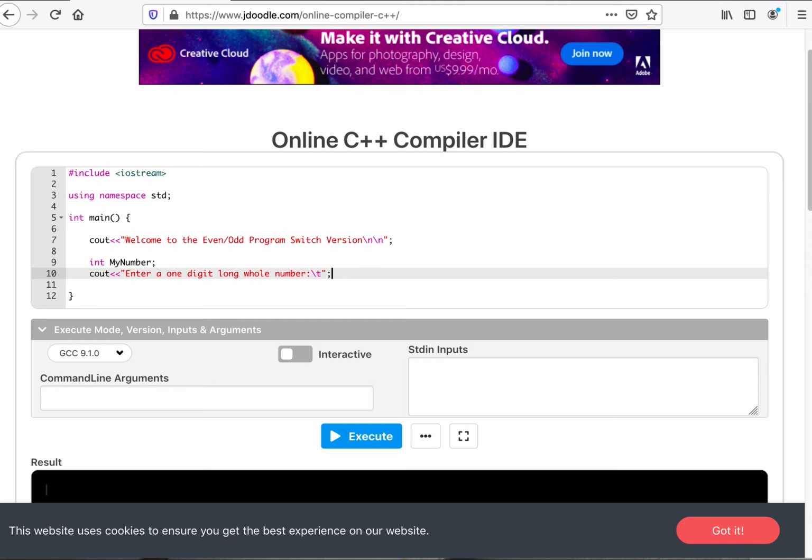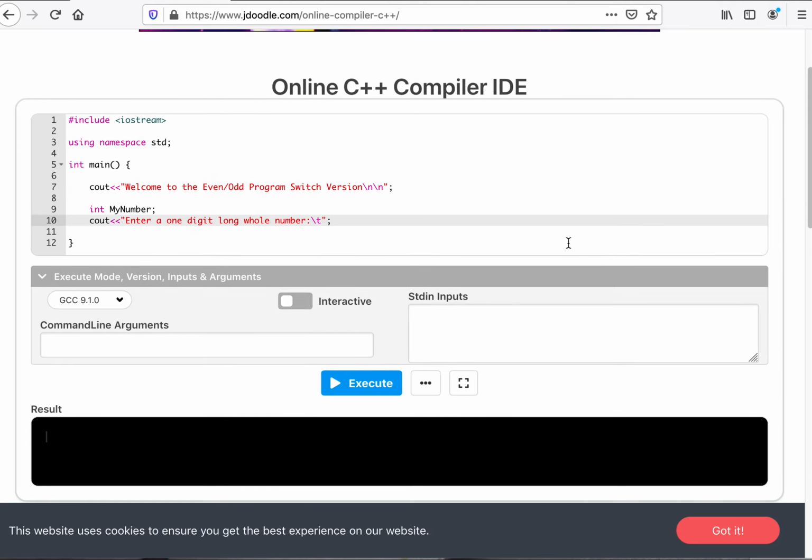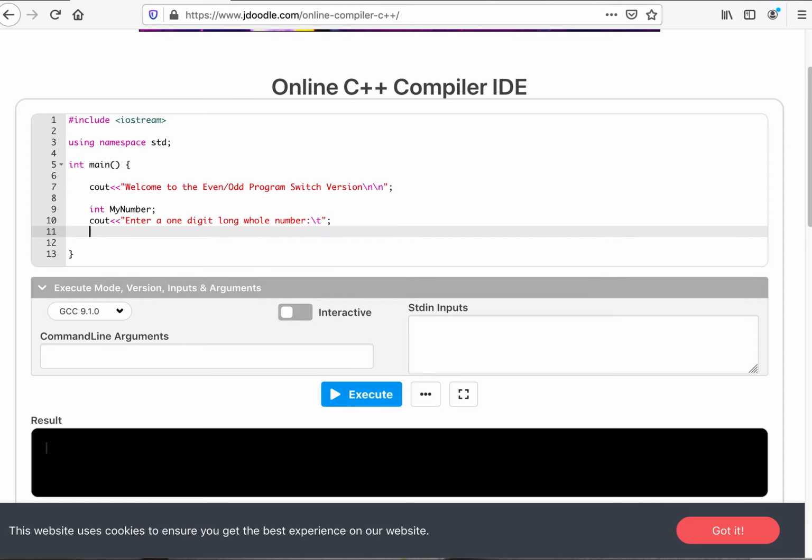But we don't have the time to worry about length and all that sort of fun stuff. So we're just going to make this a one-digit program. Now, obviously, that can give you errors if you type in a number that's not one digit. But, cin,